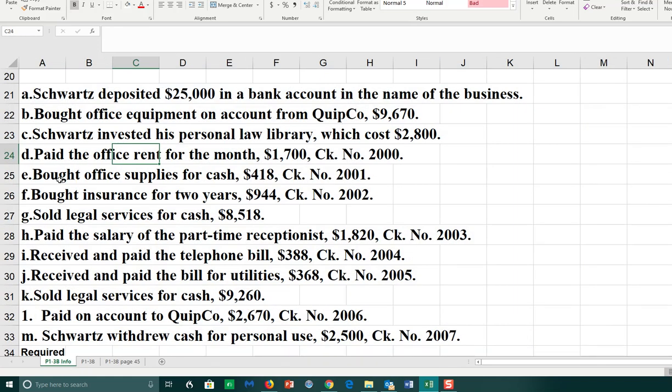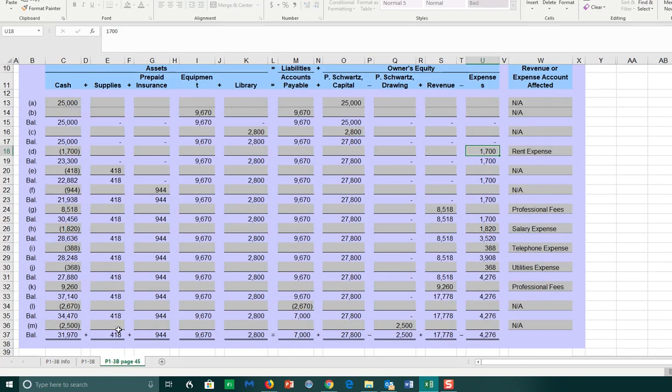And in this case, we notice that the business is purchasing office supplies for cash, $418. In your analysis, you would then determine that the business gave up money, cash, and in exchange for the cash, they received office supplies, something of value that they're now going to own. And so in the report, we record that our cash went down by $418, and in exchange we received or increased our supplies